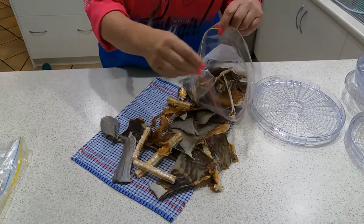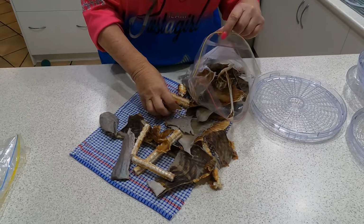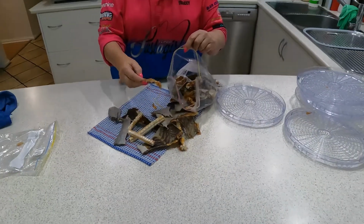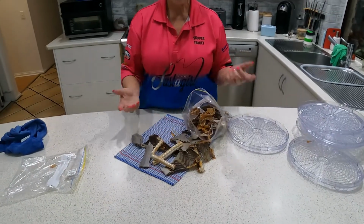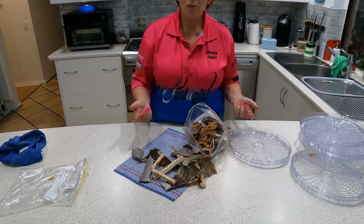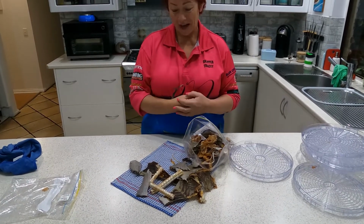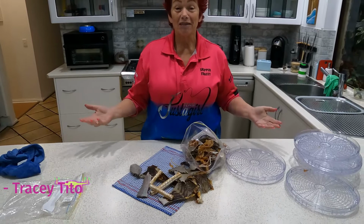You don't have to just do this with shark. You can do it with tuna, you can do it with mullet or salmon or anything that you like. Just make sure that it's not too fleshy. One thing that doesn't work is tuna belly. It's too oily and it does not dehydrate. So we've only learned that out of trial and error. But that's it. That's a tip from